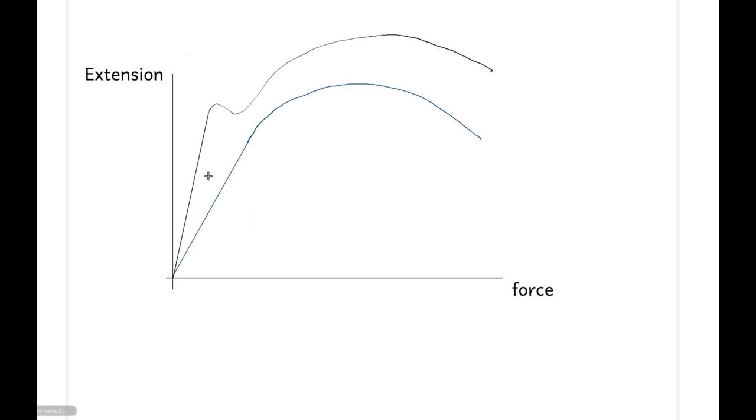But you get different shapes for different materials. But the relevant thing is this bit here from 0 to here, and from 0 to here on this one, is linear, and that's obeying what's known as Hooke's law. So the extension is proportional to the force applied,